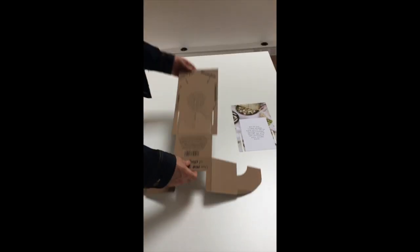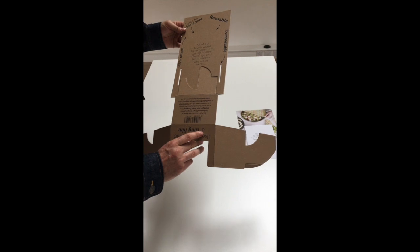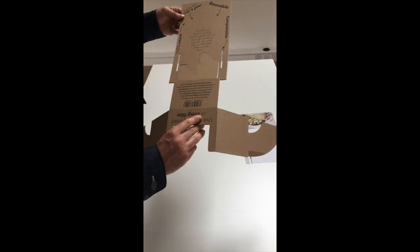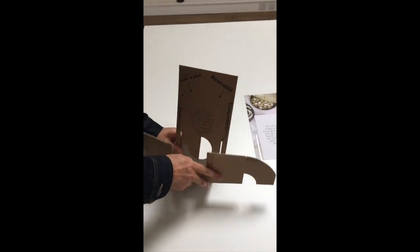Hi there, I'm going to show you how to assemble our new point of sale, it's pretty simple. So what you want to do is you pick it up like so, and you're going to twist it like that, and then what we're going to do is we're going to bend it up,